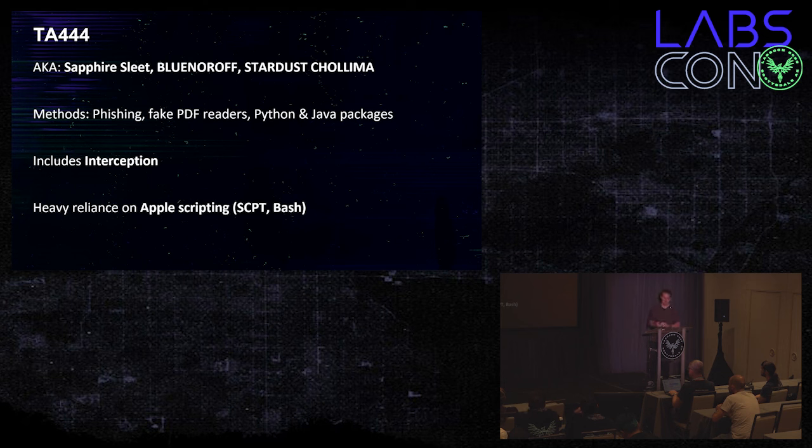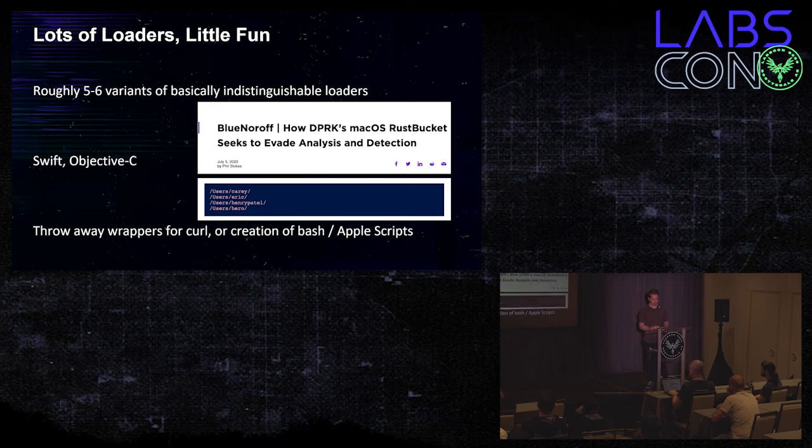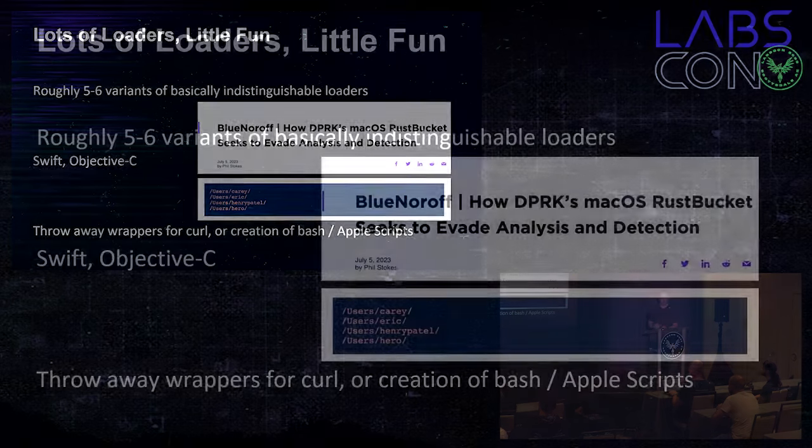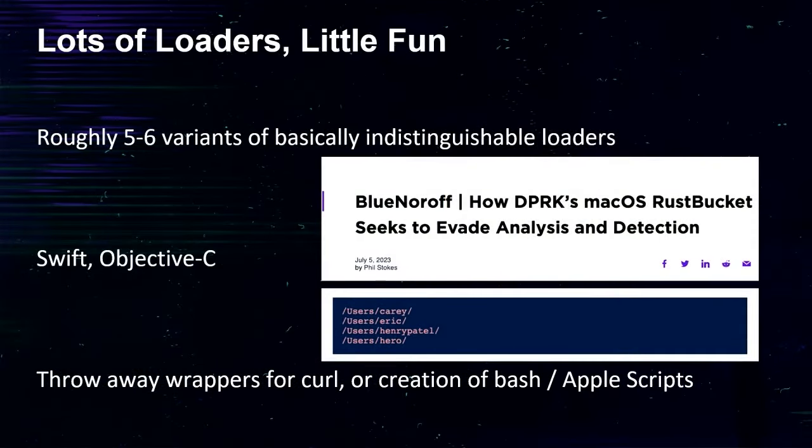On the macOS side, they're a little bit newer, but they have a couple of initial access methods, including Trojanized Python and Java packages, as well as the more direct PDF reader sort of phishing style campaigns. And as I mentioned, they're relatively new to the OS, so some of their methods are a little bit basic. They rewrite a lot of loaders and a lot of junk that don't really do anything. All they effectively do will either run curl or create a scriptlet file to run curl and download and execute